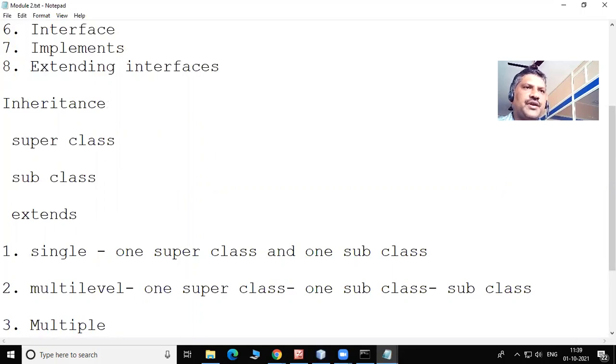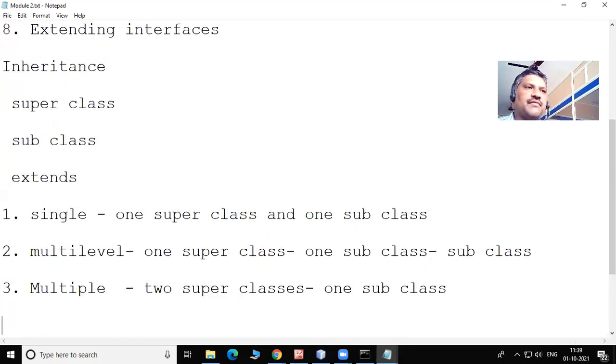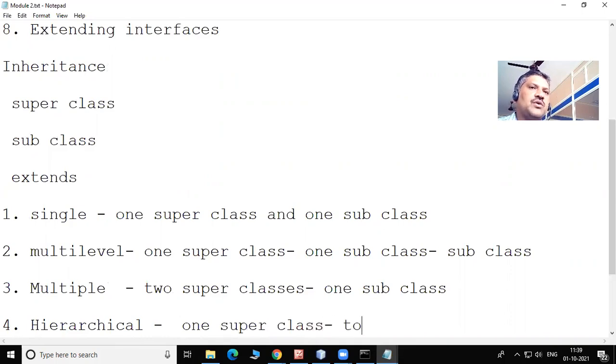Then we have multiple inheritance, the third one. Here we have 2 superclasses and then one subclass. The fourth one is hierarchical inheritance. We have an inverted tree structure, that is one superclass and then two or more subclasses.